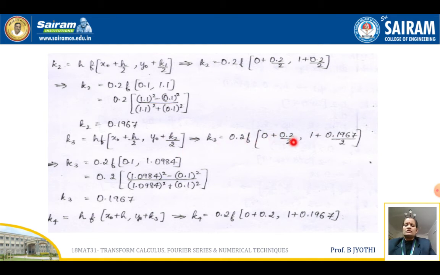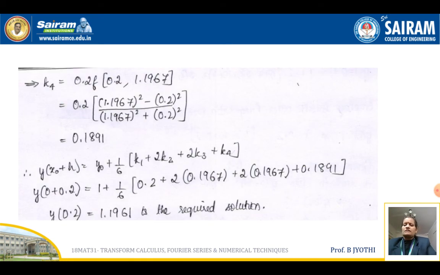So k3, on substitution of the values, we are getting f(0.1, 1.0984). So (y² - x²)/(y² + x²) multiplied with 0.2, we get 0.1967. Last, k4. So k4 formula is given by h into f(x₀ + h, y₀ + k3). So k4 is computed now, and the value of k4 on simplification we get